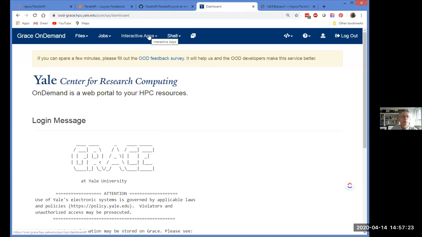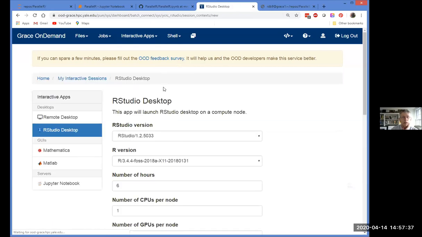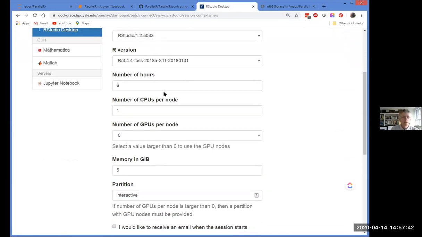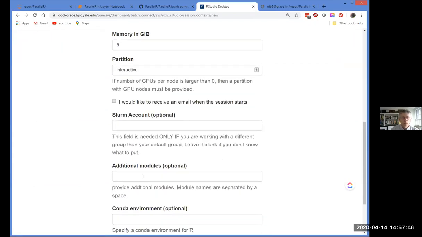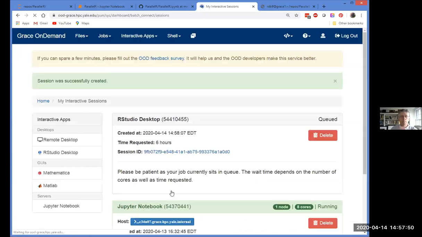But more interestingly are these interactive apps. We're slowly adding more and more things here. RStudio is probably of interest to you guys. This will basically start an RStudio. I can show you that. It gives you this panel, and you fill in all these options here, most of which are fine, and then launch it. We'll do that, and then I'll come back.